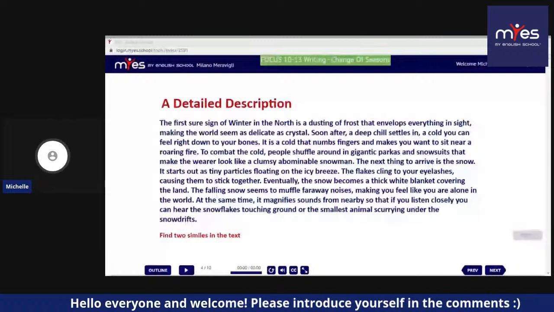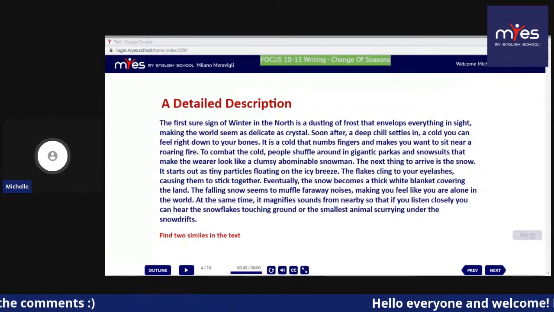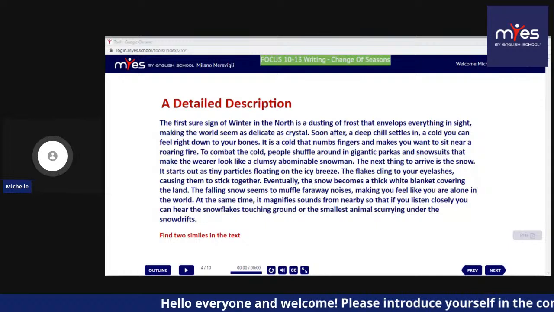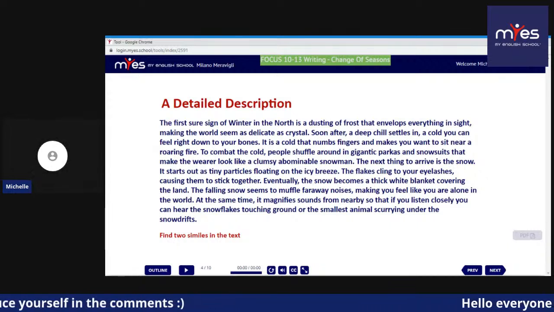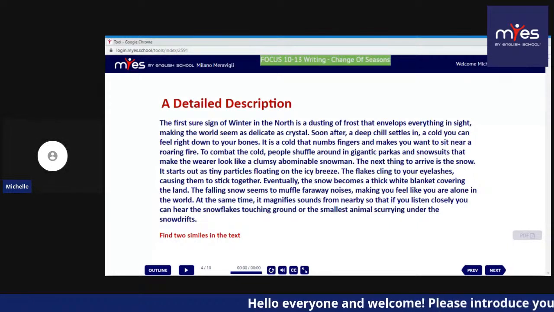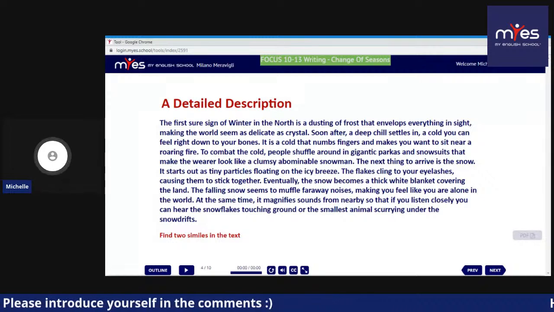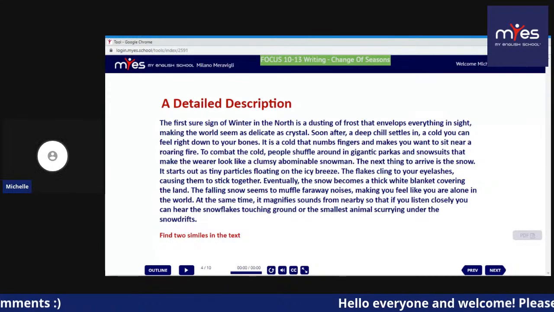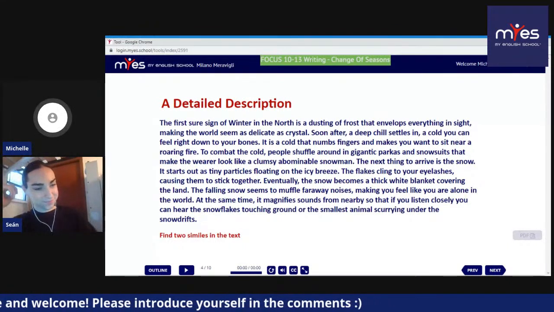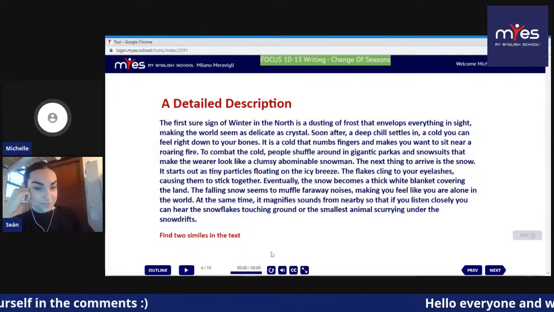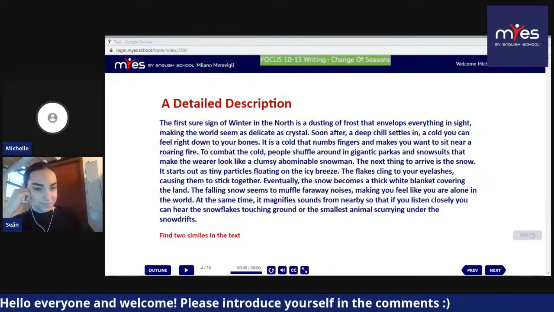A detailed description. The first sure sign of winter in the north is a dusting of frost that envelops everything in sight, making the world seem as delicate as crystal. Soon after, a deep chill settles in, a cold you can feel right down to your bones. It is a cold that numbs fingers and makes you want to sit near a roaring fire. To combat the cold, people shuffle around in gigantic parkas and snowsuits that make the wearer look like a clumsy abominable